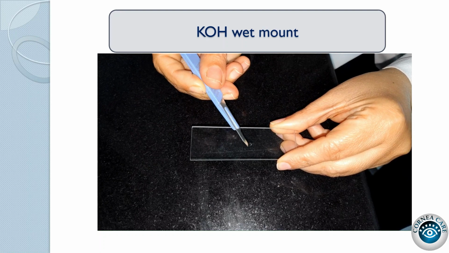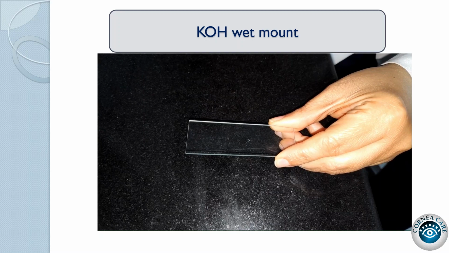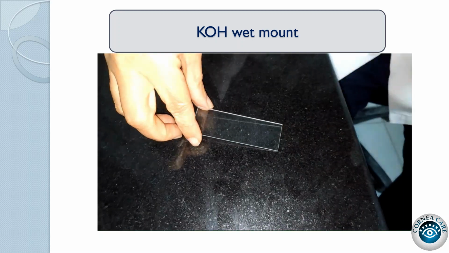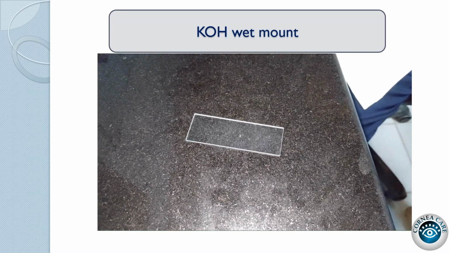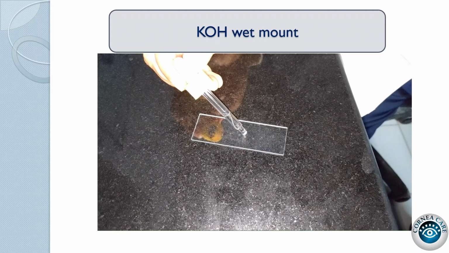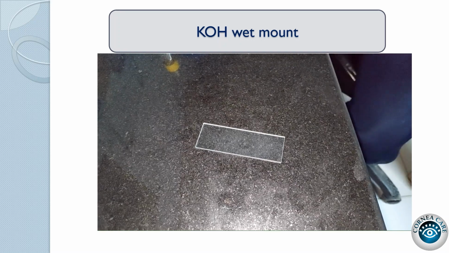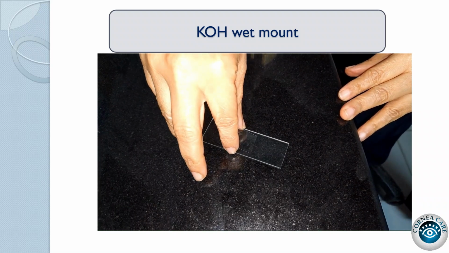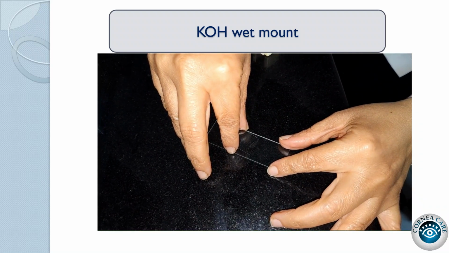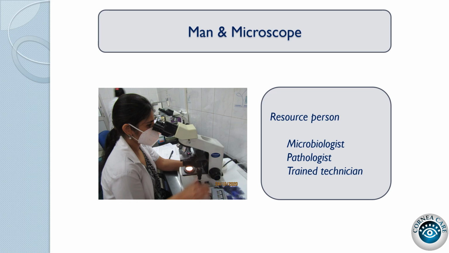Once we have taken the material, we take a clean glass slide and place the material over it. We do not spread it too much as we do for gram stain. Once we have done it, we put 1 drop of KOH solution over the material. We should avoid putting too much solution as it can flush away the material itself. Then a cover slip is brought into contact with this drop so that the solution spreads evenly, and then the cover slip is gently dropped. This slide is then sent to a lab.